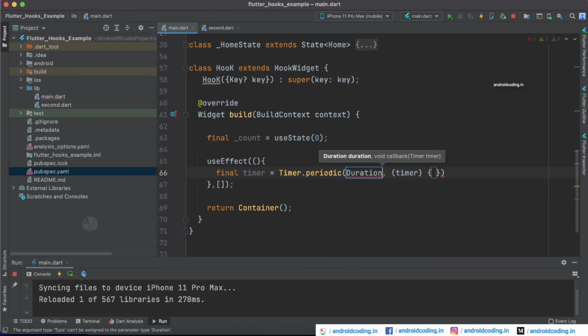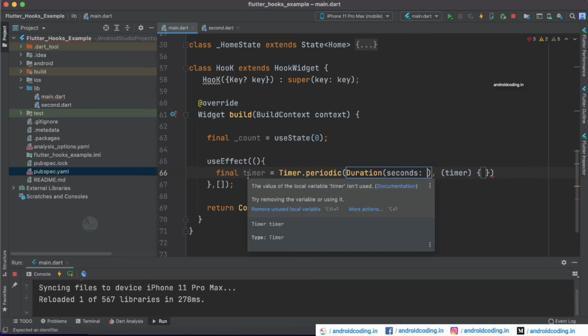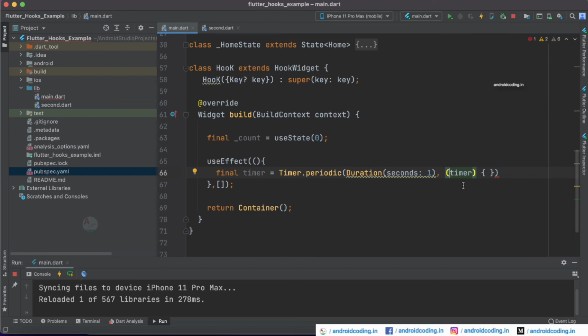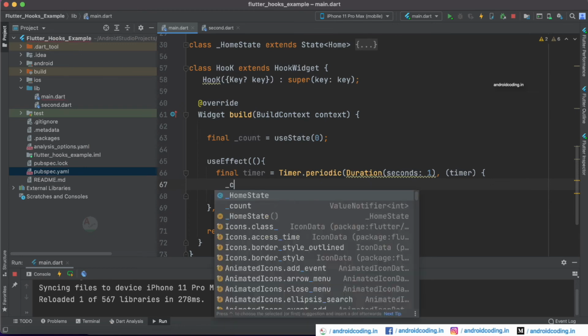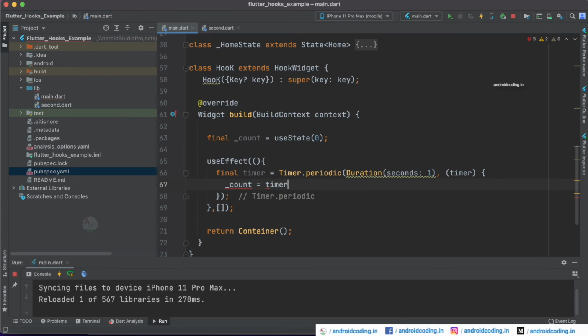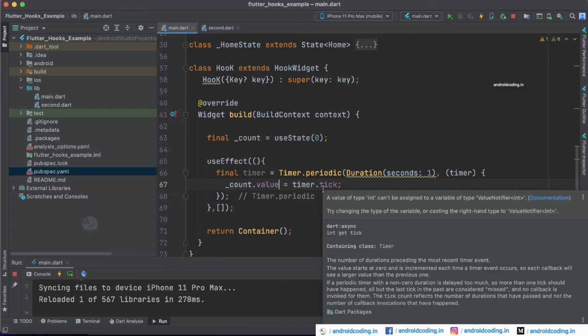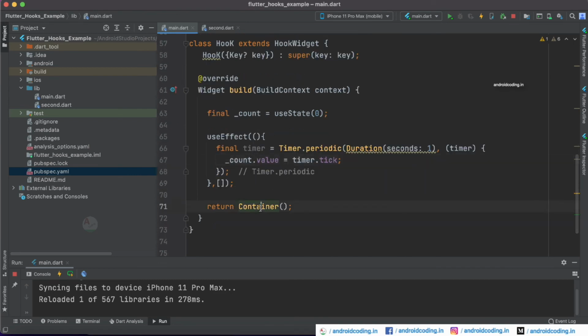So here let us make use of duration and specify the time in terms of seconds. Similarly we got a callback here, and within this callback we would like to set our data to our count variable equal to timer dot tick. So there is an error here. We cannot directly assign the value to our count variable because this is of type value notifier. What is a value notifier like? Whenever there is any update to this value, it will notify and also update the screen. So you need to specify dot value here, and here let's return a text widget,